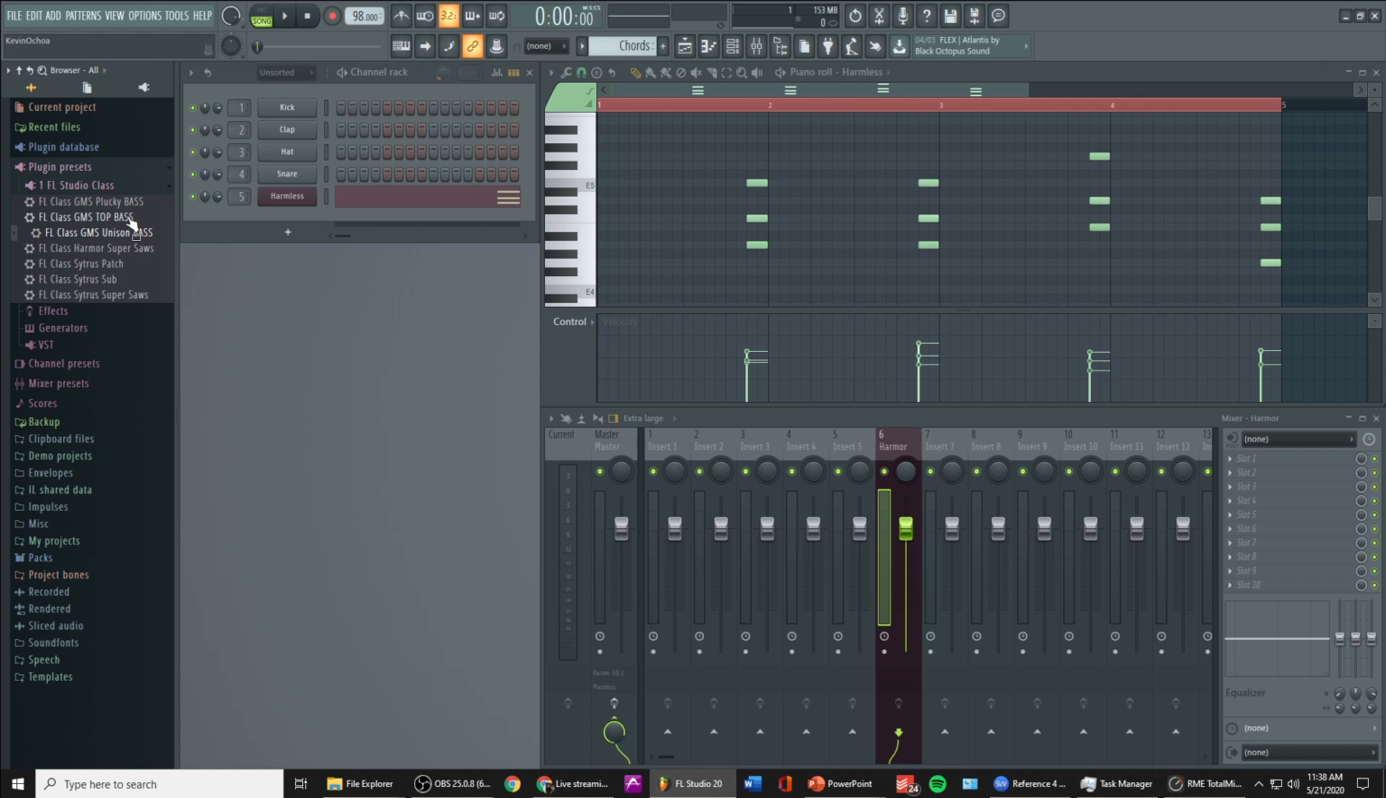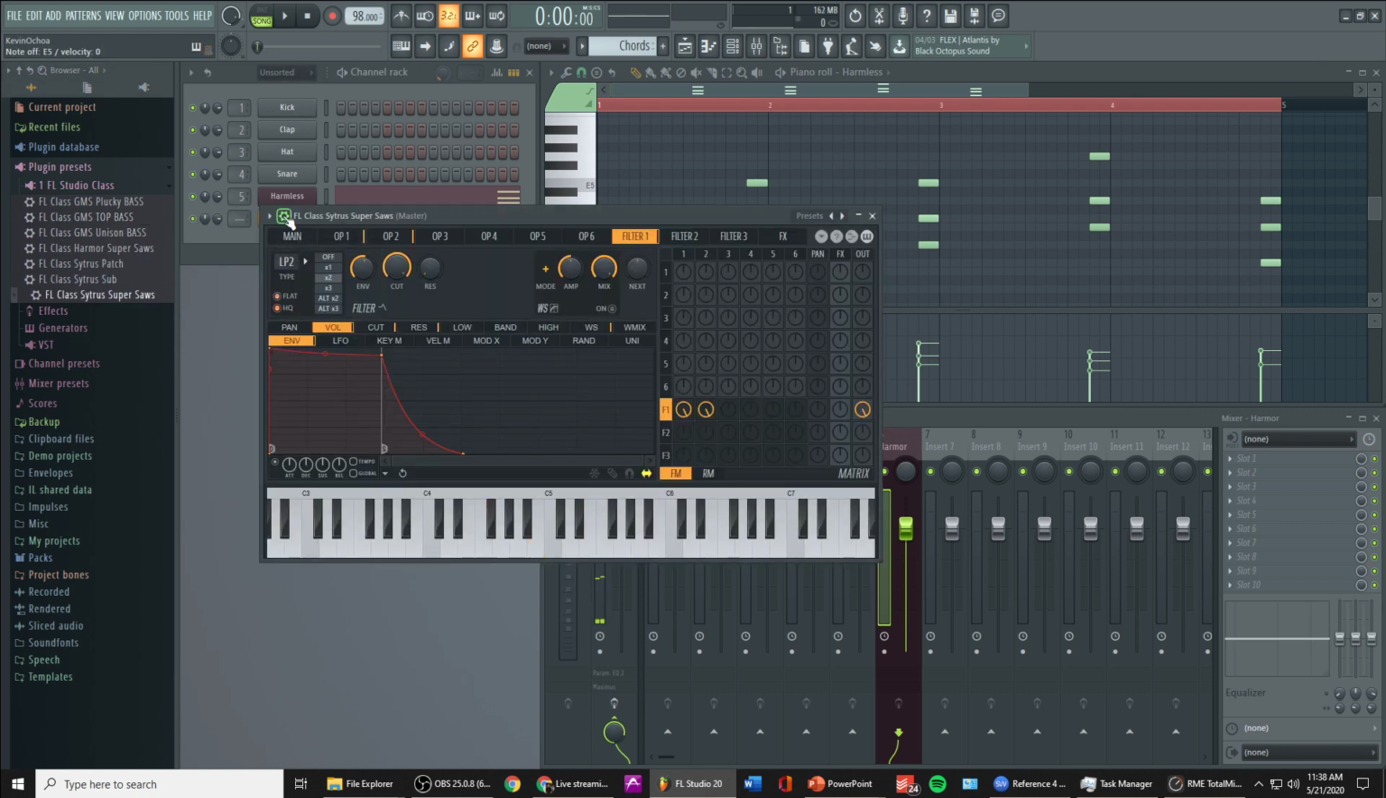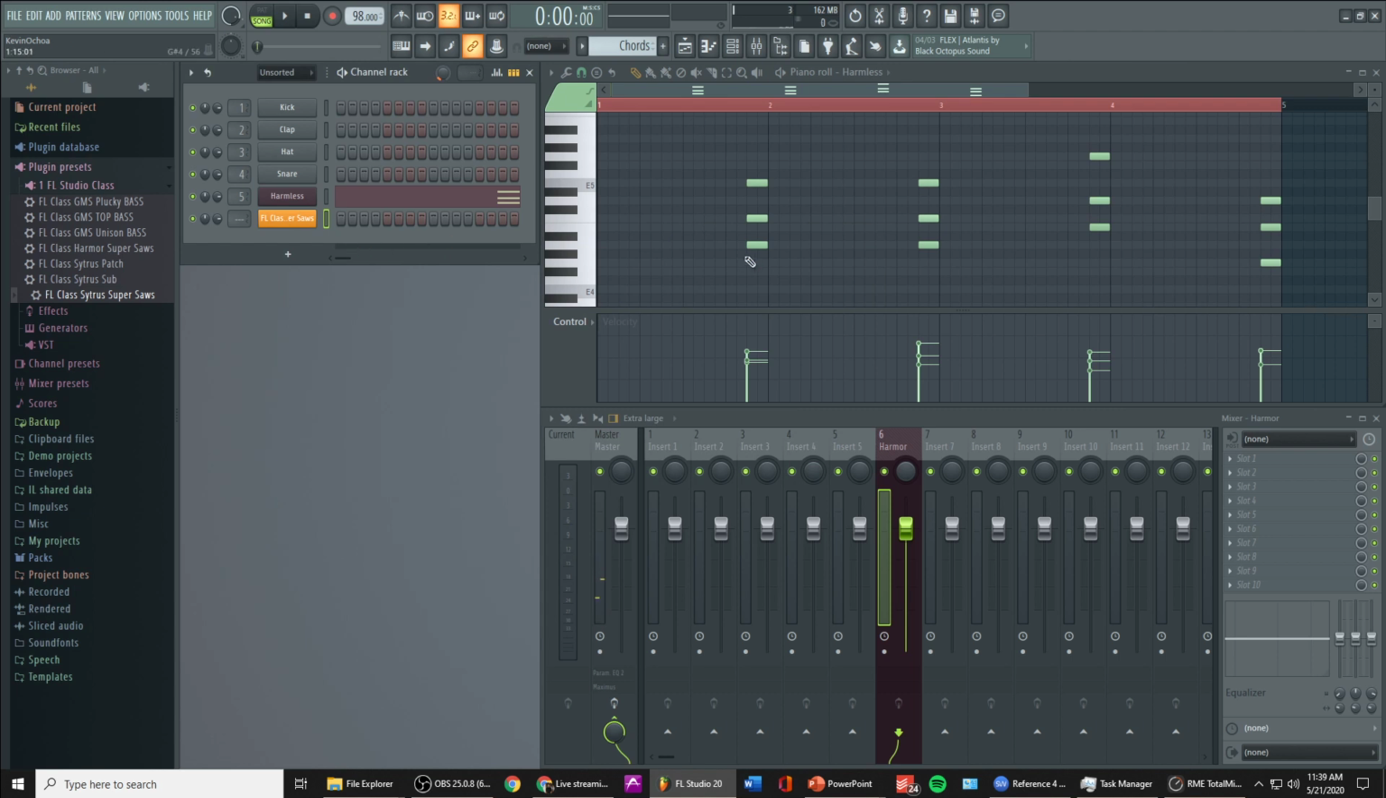a pad. So let's do super saws. I'm going to filter them out, and I'm going to make the filter cutoff rise in time. And the same thing goes for the volume. Okay, so I'm going to use that as a first hit, and then we're going to have the other chord